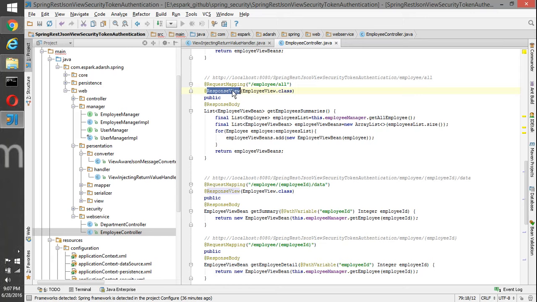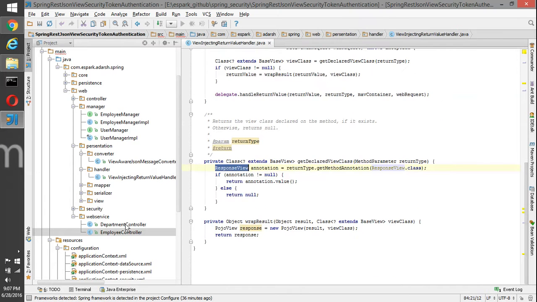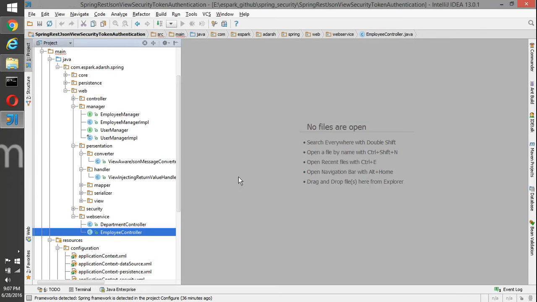So any method annotated with the response view will be treated separately by our own custom handler. And because of this employee view, we have our own custom mechanism where it will pick up all the properties annotated with that, create a JSON out of that, and send it back to the client.